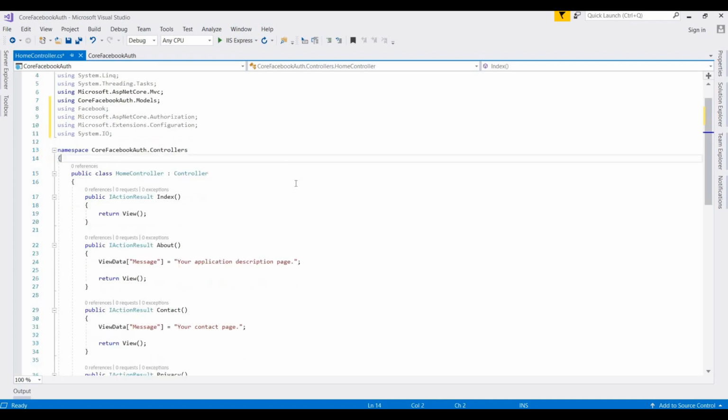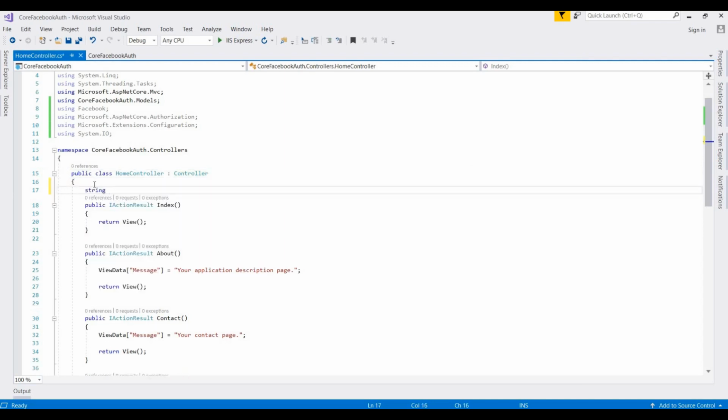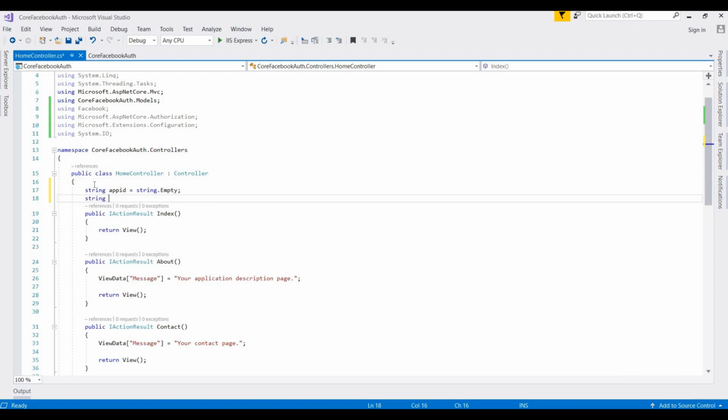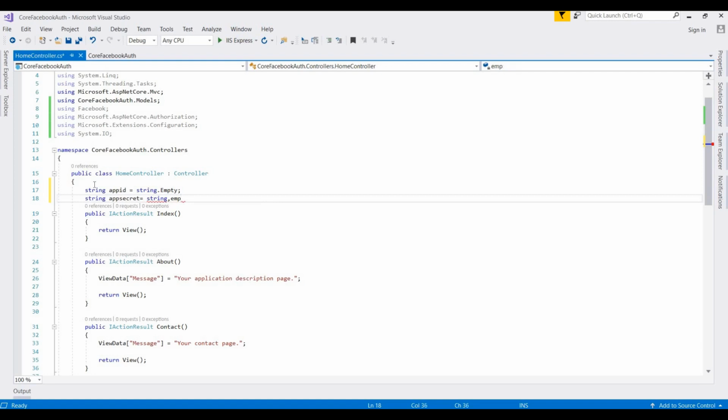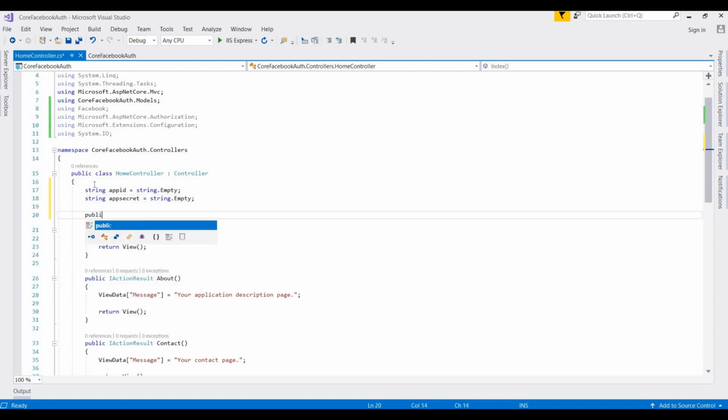Now in the next step we need to access this app ID and app secret that we defined in our appsettings.json file. So here I'm writing variables. It's like appId, taking some blank variables firstly. String appSecret is equal to string.Empty, and then I am creating one constructor for initializing this value. So HomeController,